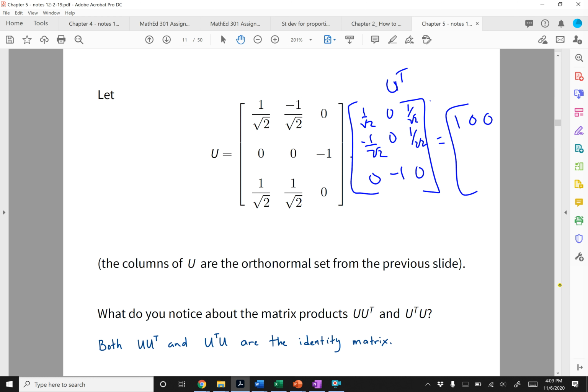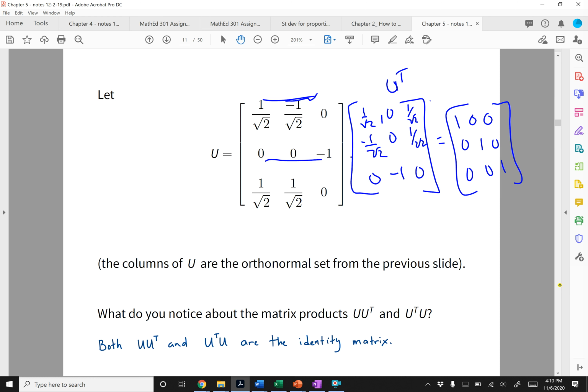And then here, second row, first column, I'm going to get 0. Second row, second column, I get 1. Second row, third column, I get 0. Do you see where this is going? Here I get a half, a minus a half, and 0, so that becomes 0. Here I get zeros, and then on the last one, I get a half, and 0, so that sums up